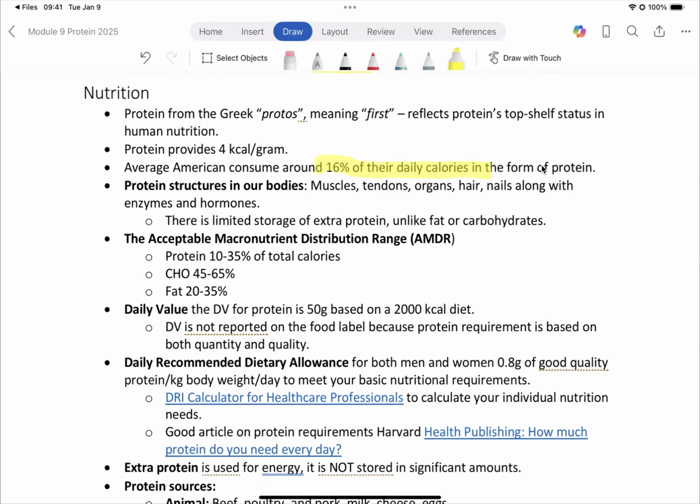That's where it is. Protein is not stored in the body in any significant amount. We can store a lot of fat and even a little bit of carbohydrate as glycogen, but we don't store any extra protein. So it's important that we get protein on a regular basis. It doesn't have to be exactly in every meal, but spread out over the day. We talked about protein as a percentage of calories. So it can range from as little as 10% in a vegan diet up to 35% in a totally,